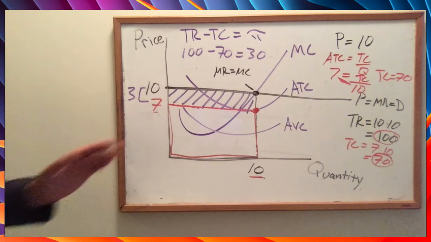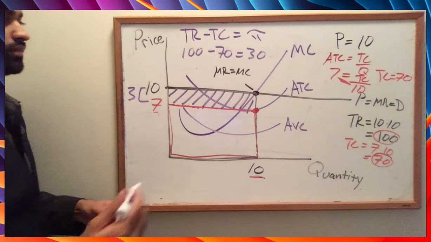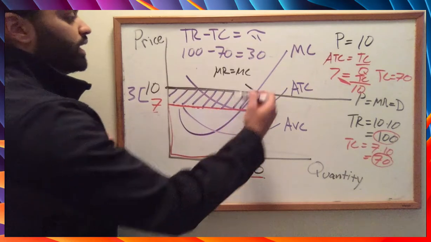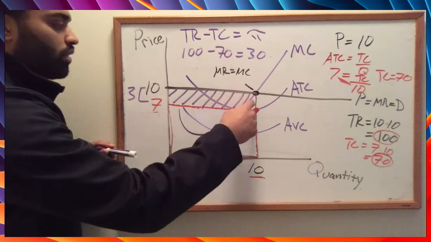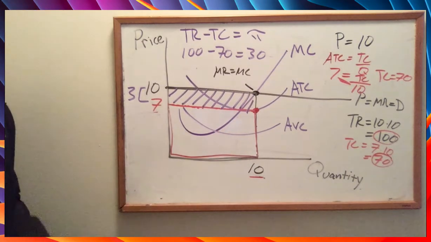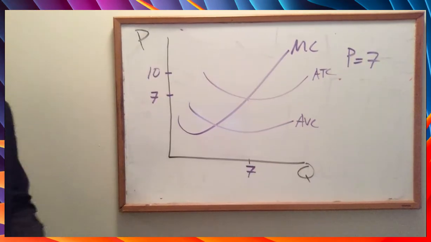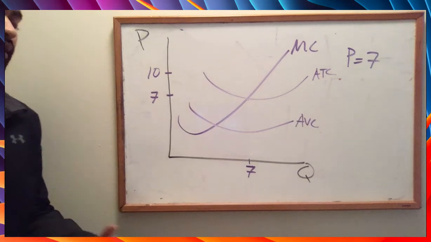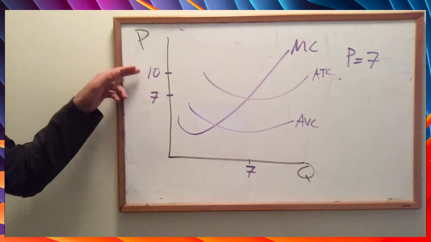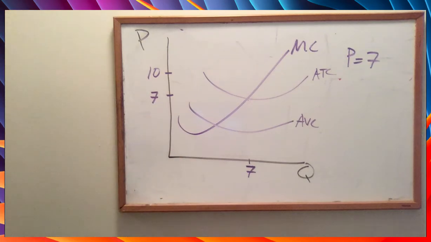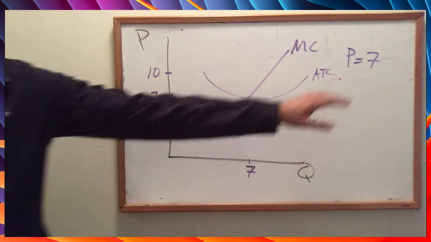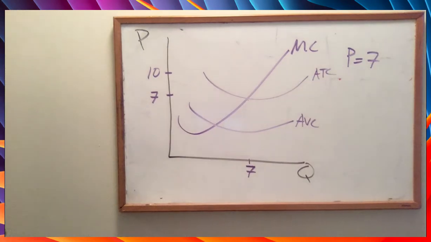Now, the reason why we have a positive profit is because our price is set above our average total cost. So as we decrease our price more and more, we'll see what happens. All right, so we're going to do another example where the price is lower. Previously, we did one where the price was set to 10 and we had a positive profit. Now we're going to see what happens when we decrease the price. Now the price is going to be 7. So what we're going to do is draw in